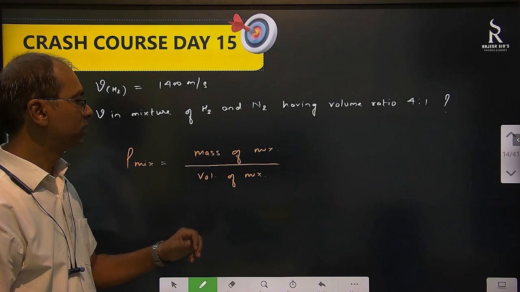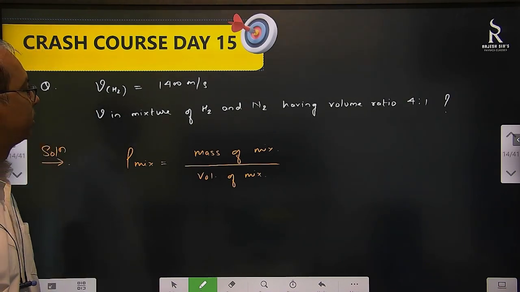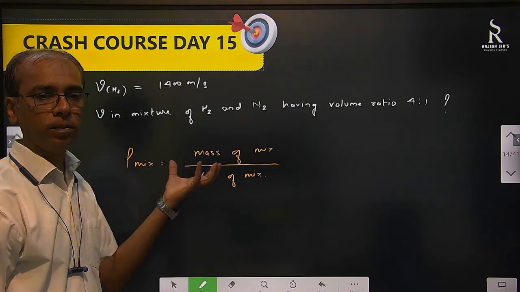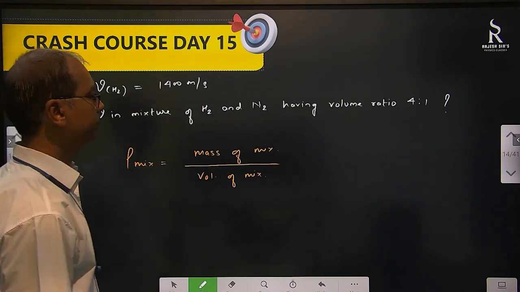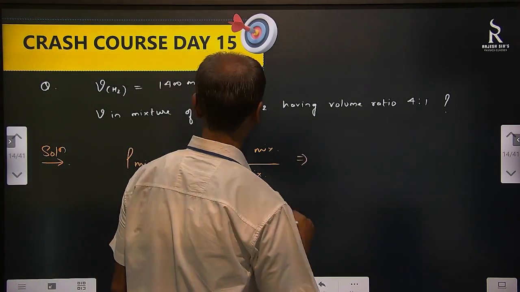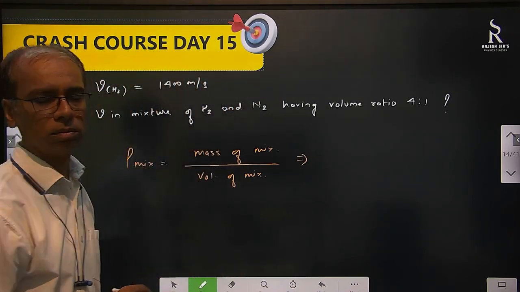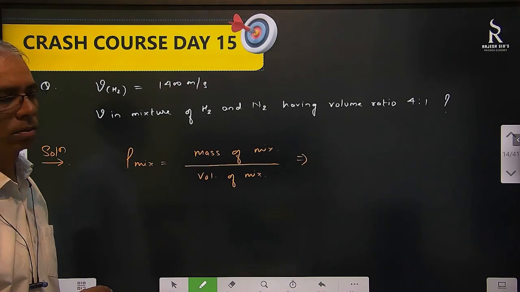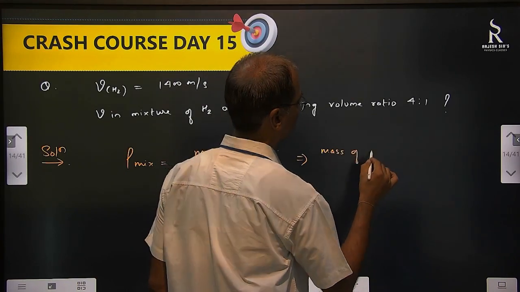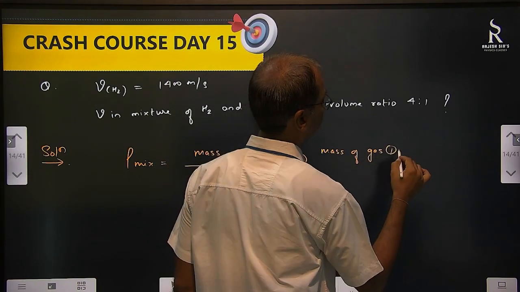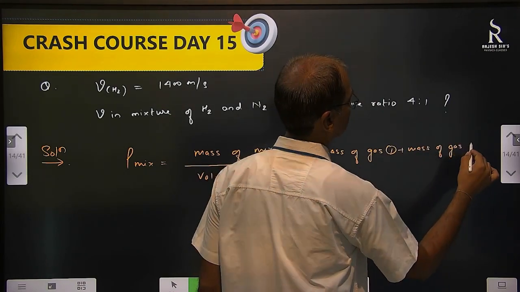So mass of mixture to volume of mixture. Let's find out what is the density of mixture first. So mass of mixture means mass of gas 1 plus mass of gas 2. So what he says? Mass of gas 1 plus mass of gas 2. Mass means is what? Density of that one into volume. Correct only, no? Mass of gas 1 plus mass of gas 2 by